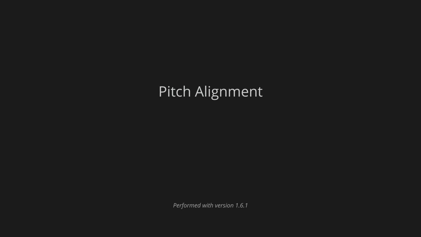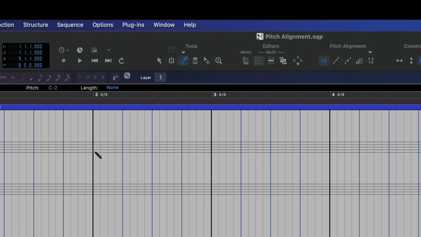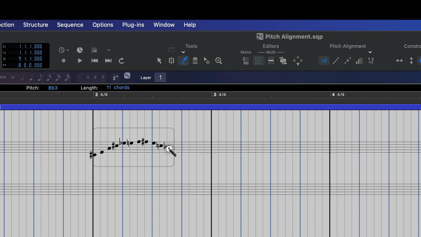The pitch alignment palette allows you to choose how notes are vertically aligned. With the default mode, you can access any chromatic degree. With the diatonic mode, on the other hand, you only write notes without accidentals. The other alignment modes are less common, but also more creative.